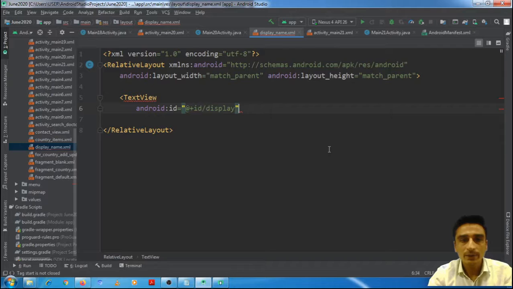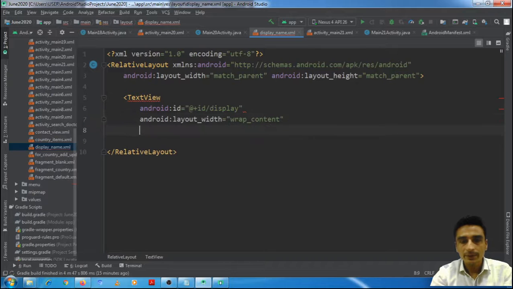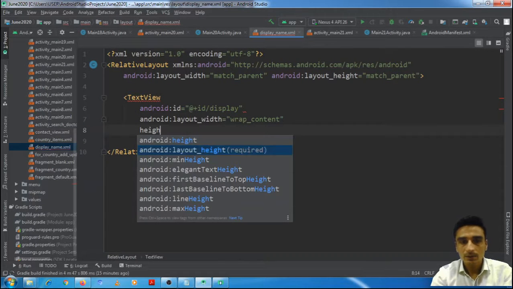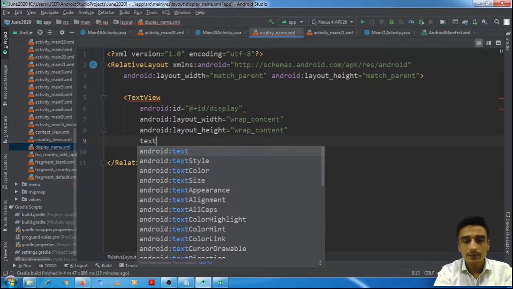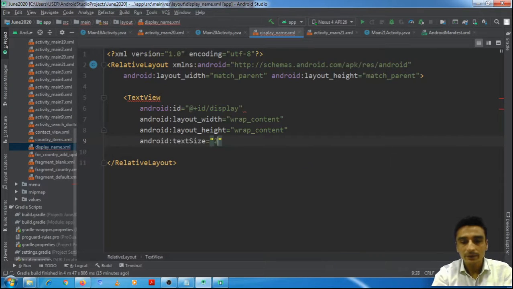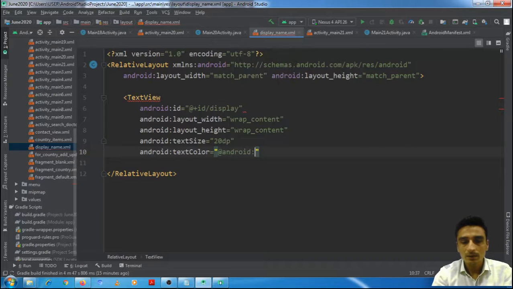like just display. Then width wrap content, height wrap content, text size 20 dp, text color red.